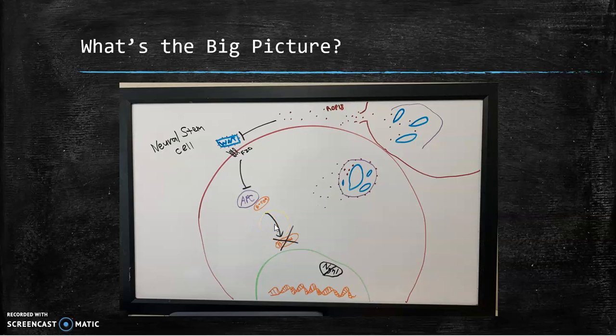So what's the big picture here? This is my artwork, for lack of a better term, that I drew, kind of outlining that paper, and what they found was the mechanism of the neuronal abnormalities. So starting over, these are both neural stem cells. Starting over here, you can see that there's some Toxoplasma gondii that are being released from this vacuole. And as they're being released, the vacuole itself is releasing the ROP18 protein. So this can leave,